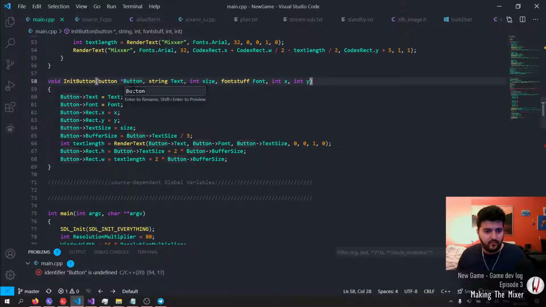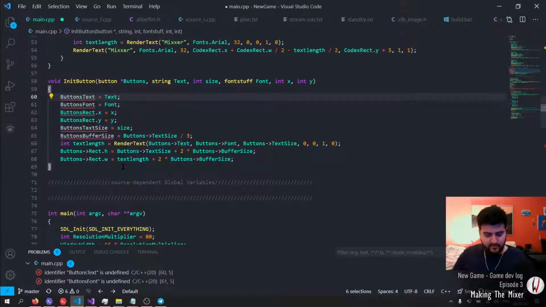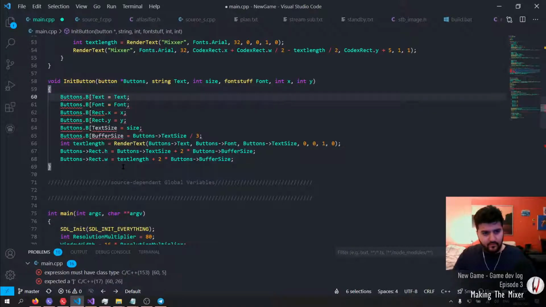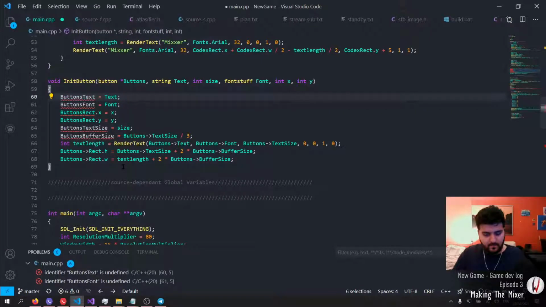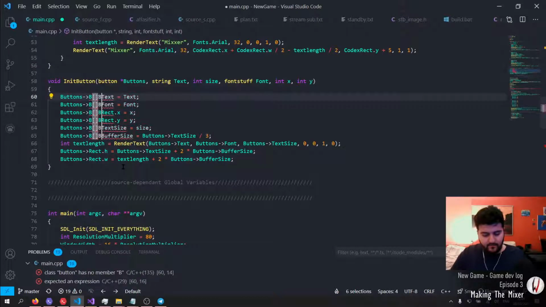Okay, so here, buttons, apply this. It only applies to these ones. So I want it to be accessed by buttons, the element of buttons dot